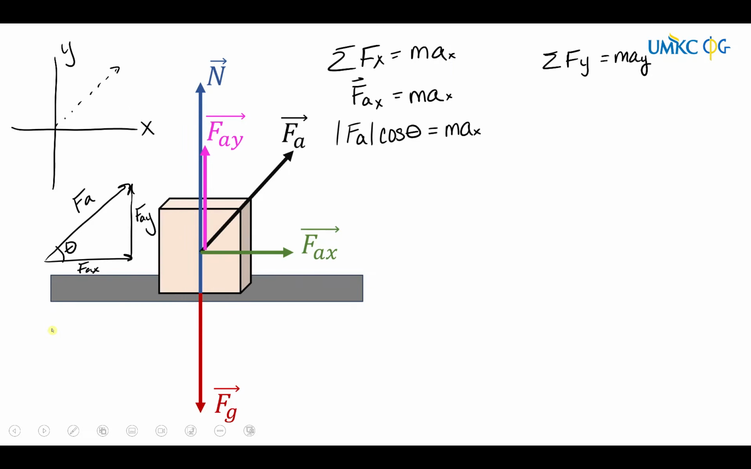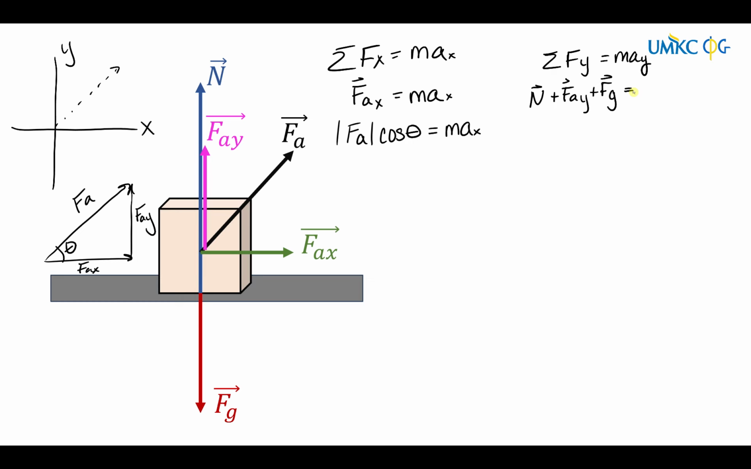So what about the y direction? The y direction is actually a little bit tricky because it requires some thinking. The easy part is my summation of forces. I have my normal force, I have my force applied in the y direction, and I have my force due to gravity. Now, is this object in this current situation